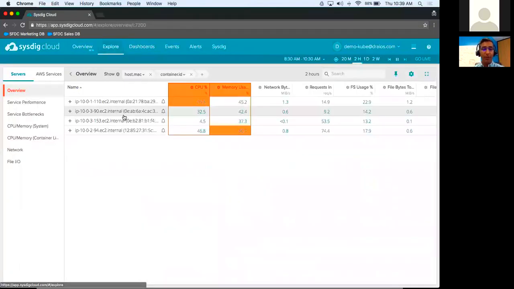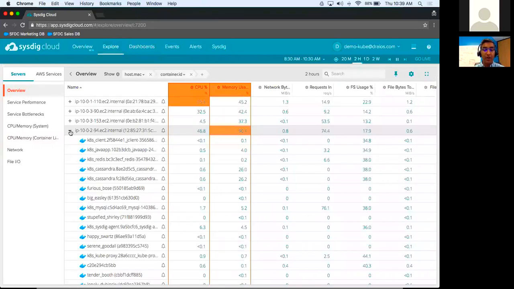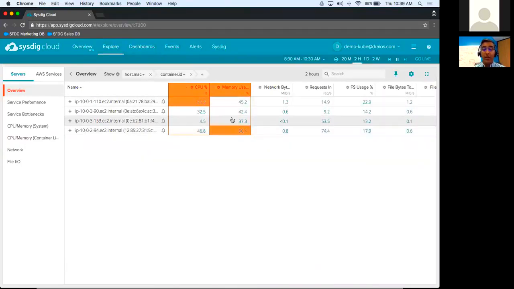Now that we have a more complicated environment to look at, you can see some interesting things here. So first of all, you've got our multiple hosts, and just like before, you can see the containers that are running on top of them. You can see that you can set up color coding for the Explore table so that you can automatically be alerted to things that look off, like, oh, wow, this is running at 95%. That's not my normal range. That looks like an issue. In fact, the truth is our demo environment rarely runs at 95%, so I'm definitely going to be digging into